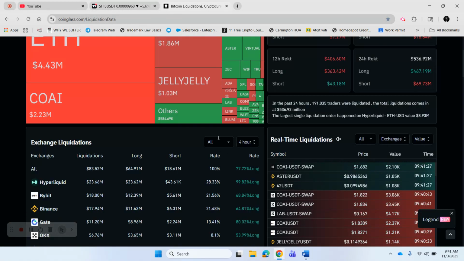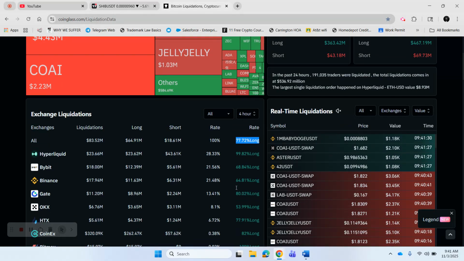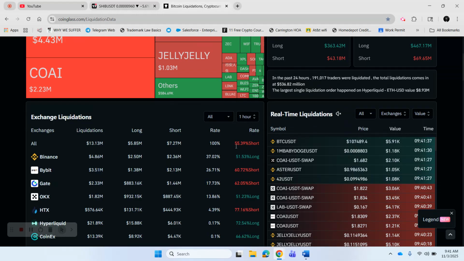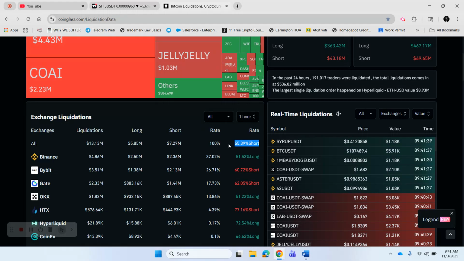All right, so on the 4 hours, 77% long. That's too much, so we're looking for a downside pressure. Now on the 1 hour, we may see some bounce. All right, we got 55% short, so that's the majority. Which,